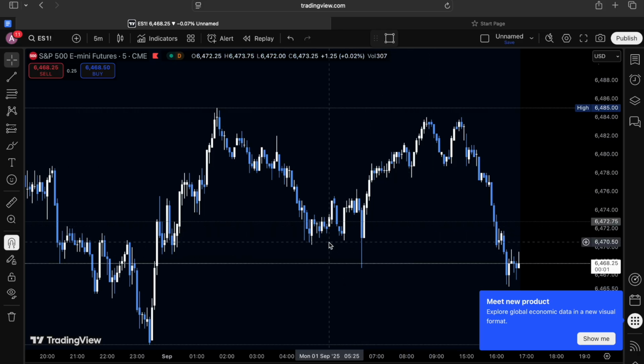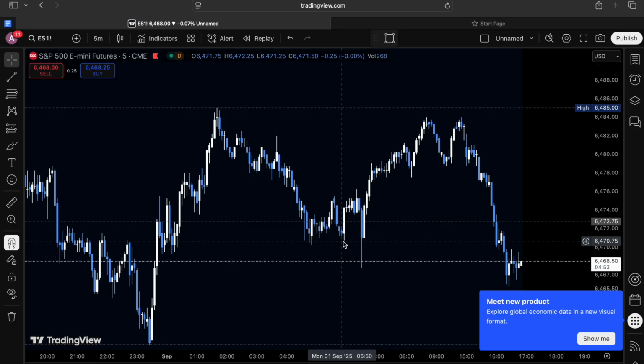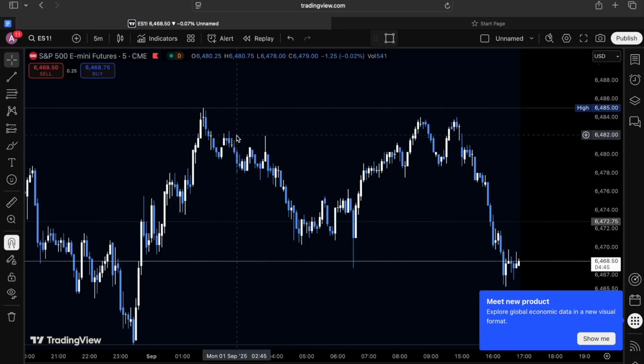So if we're bullish on the day, we're looking for lows to get swept. Why? Because that's a manipulation move. Everybody wants to continue down, but in reality, we're just sweeping a low and having a reaction to the upside, okay? And in contrary, if we're bearish on the day, right, we're looking for highs to get swept. Why? Because